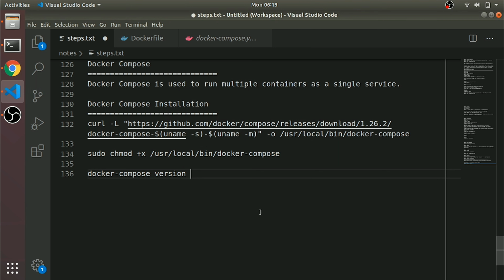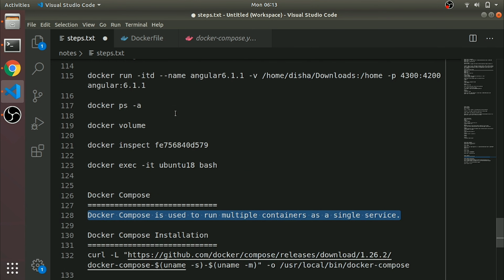As I mentioned here, Docker Compose is used to run multiple containers as a single instance. If you want to run multiple containers as a single service, we need to use Docker Compose. By using the run command we can create the same thing, as I explained in the previous tutorial.